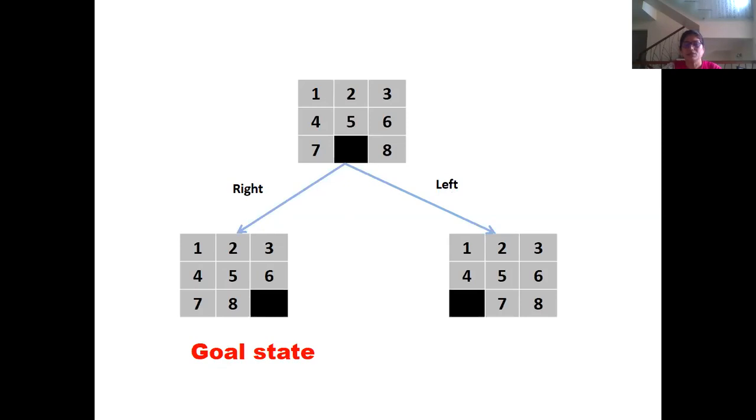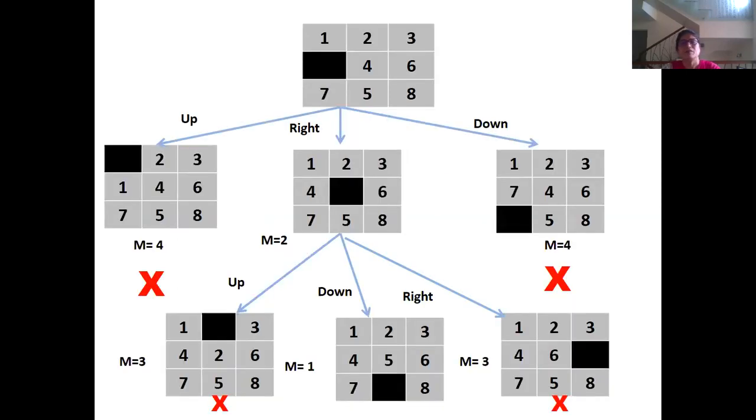So what we did in case of uninformed search, we expanded all the possible paths and we had a huge tree. But in case of informed search, we used a heuristic function. What is the heuristic function used? We counted the number of misplaced blocks. And depending on the number of misplaced blocks, we took the decision which one to expand. So the search space, you see, is reduced. This is not expanded, this is not expanded, only one is expanded.